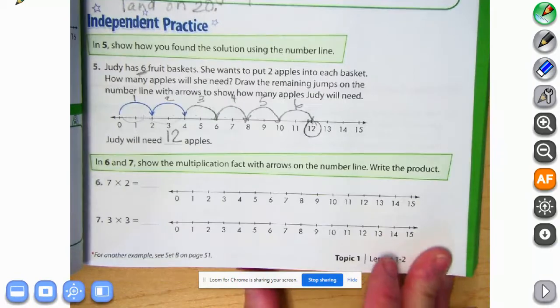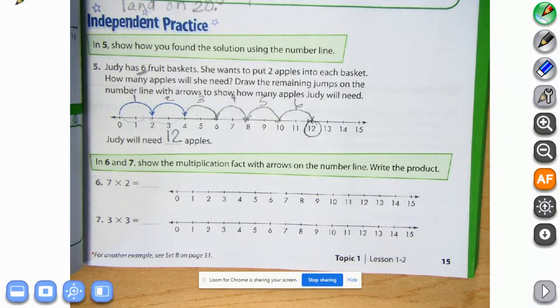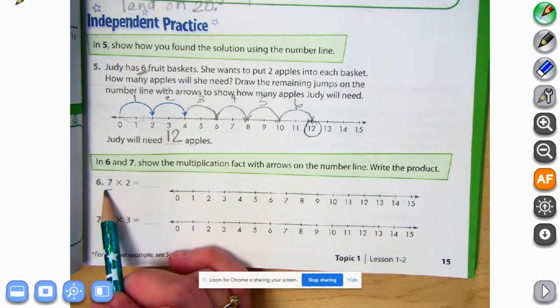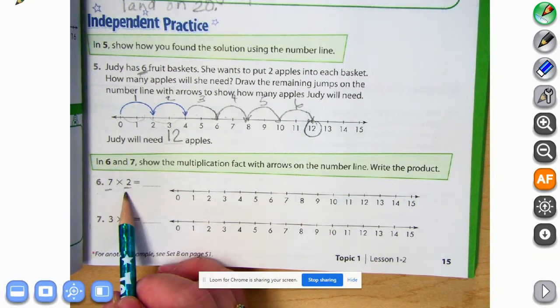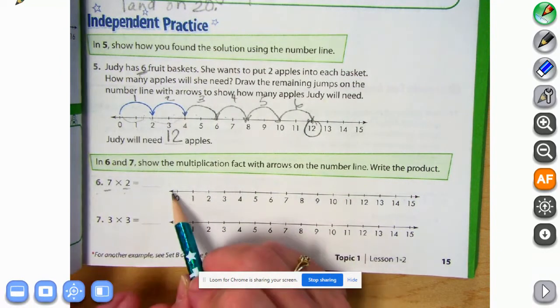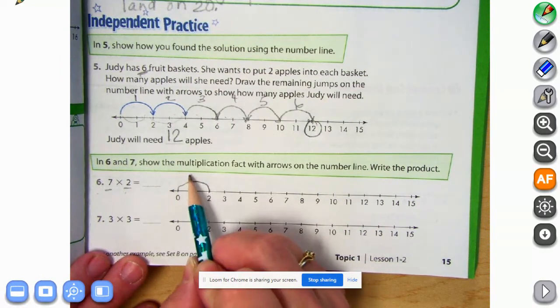In number 6 and 7, show the multiplication fact with arrows on the number line and write the product. So it says we're going to have 7 groups of 2, 7 jumps of 2, skip counting by 2, 7 times. So there's 1 jump,